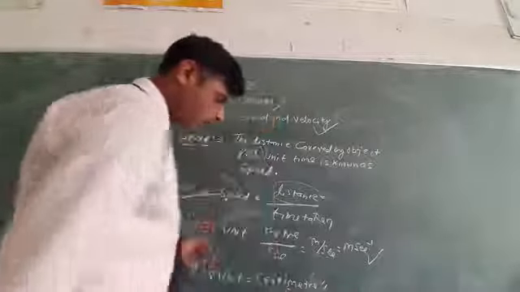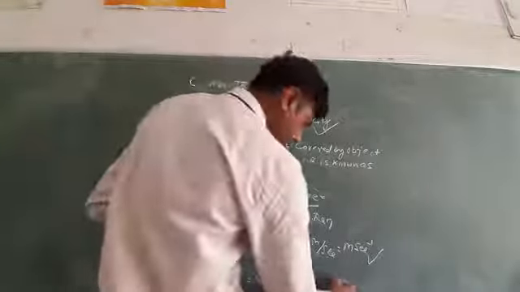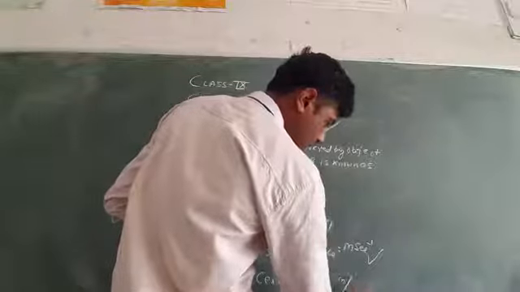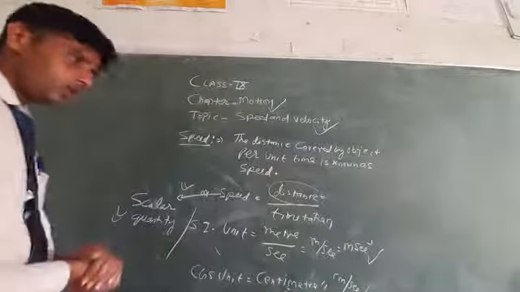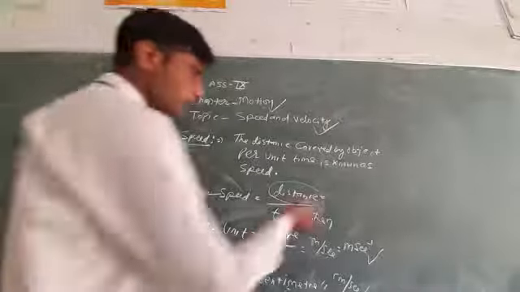So the CGS unit of speed is centimeter upon second. Okay,